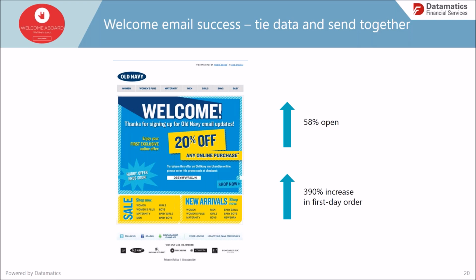And look at the results. Huge increase in open and first day order by captivating them and acting on the interest that that particular person's shown. Again, we may be able to do this in B2B with different offers. Give them content, perhaps your most popular blog post, a white paper that you know is popular to people like them. Anything that gives them a reason to do something with you straight away